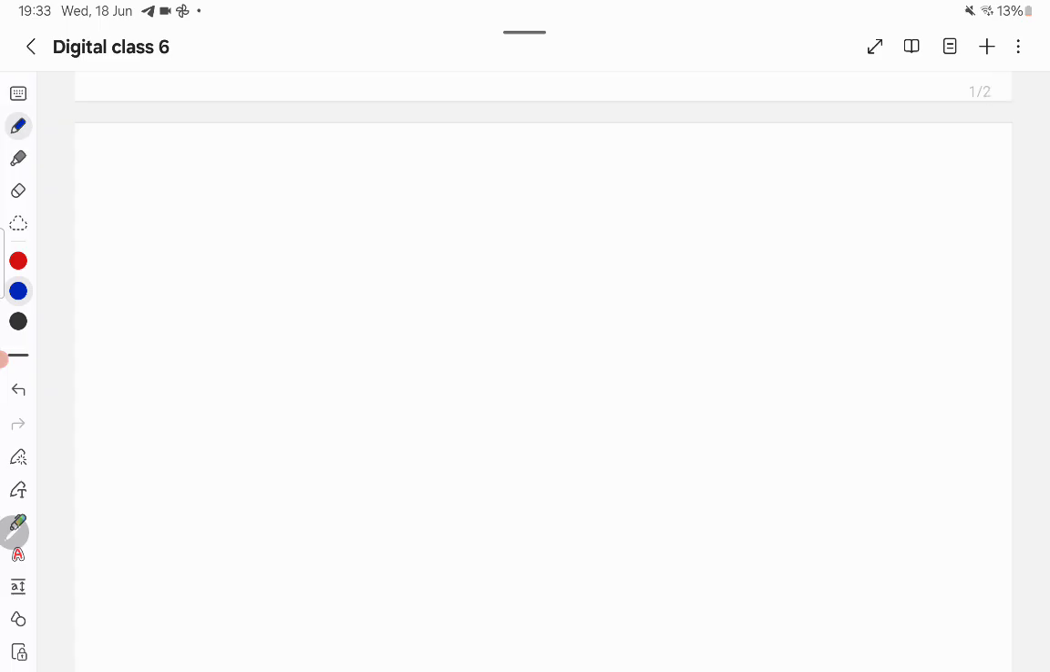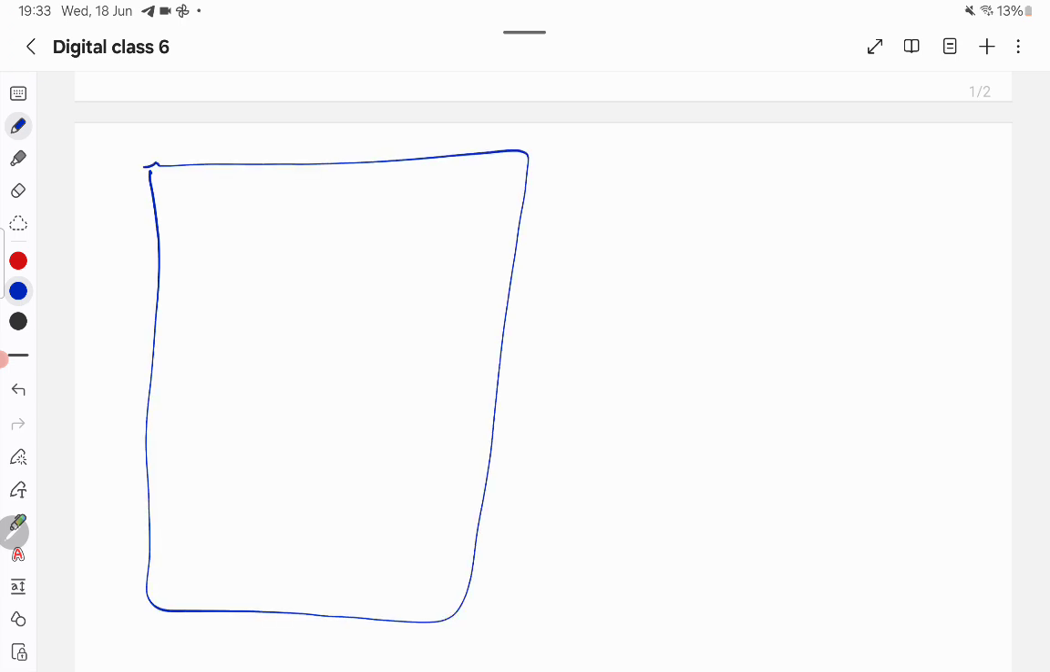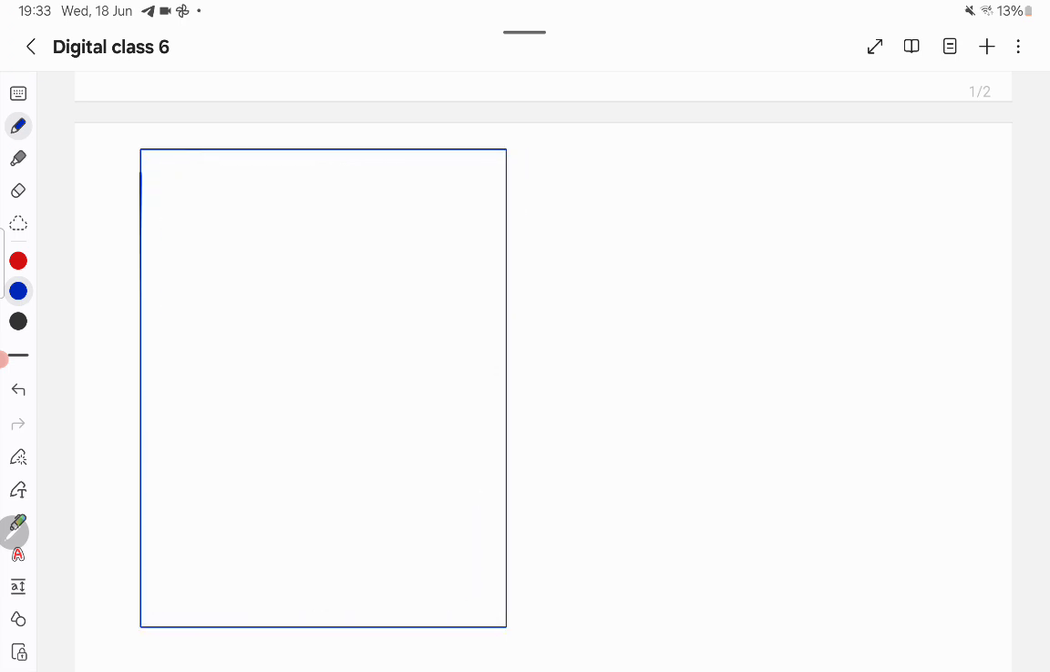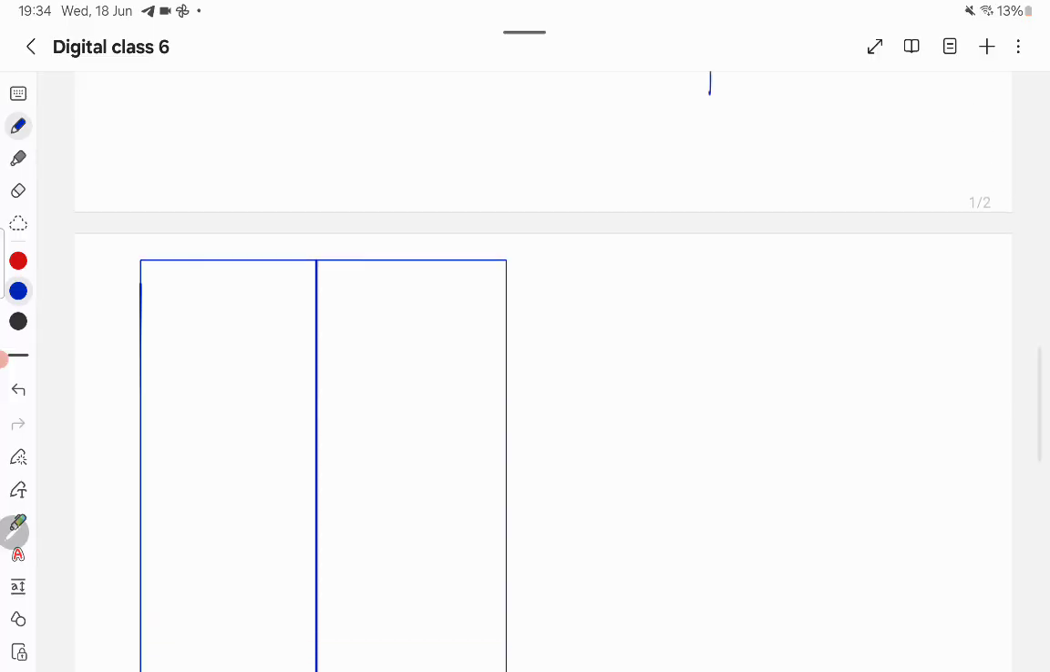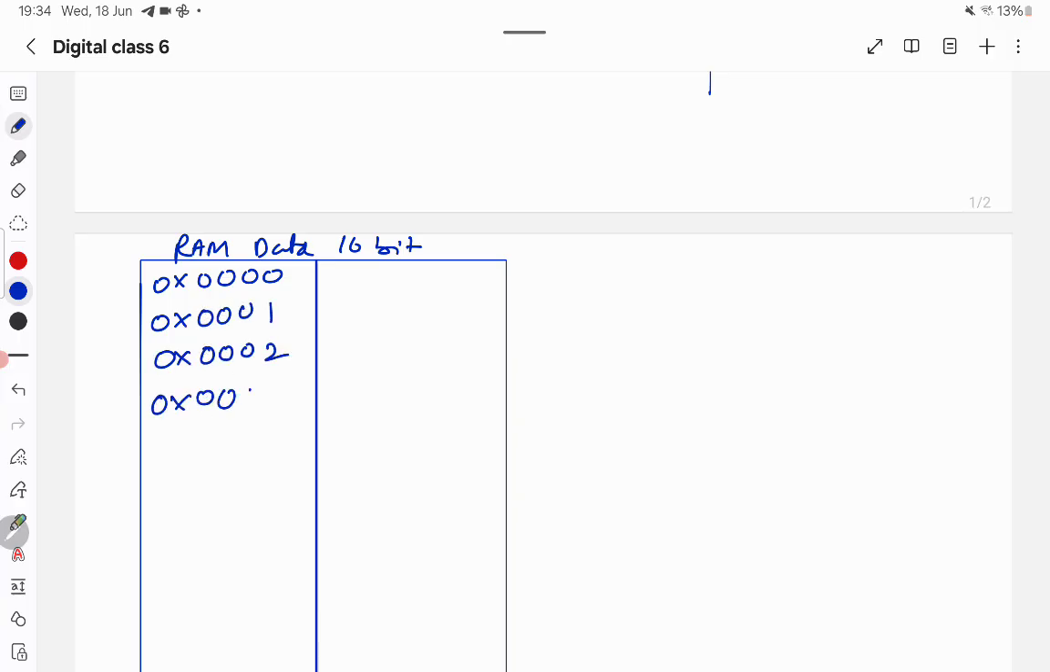Now you have to look at this one, you have to draw this one. You can skip it because in the exam you will have the question paper, so you can manage to do this directly in the question paper. So this is the RAM data, which is 16 bit. So first 0 0 0 0, 0 0 0 1, 0 0 1 0, 3,